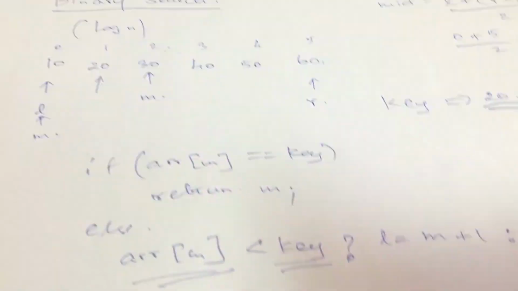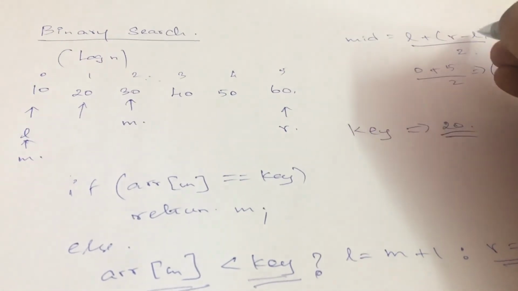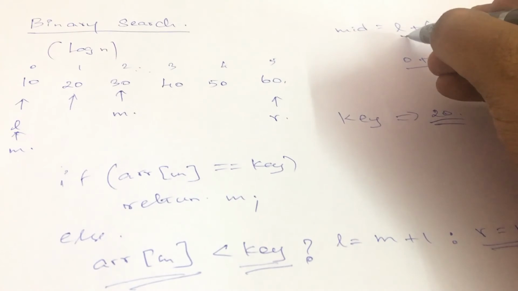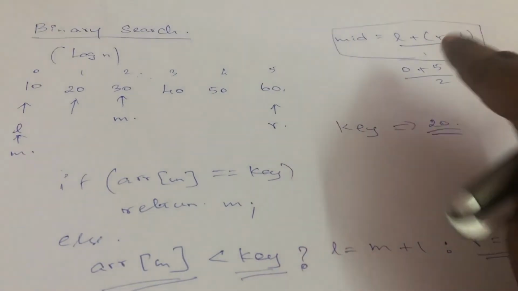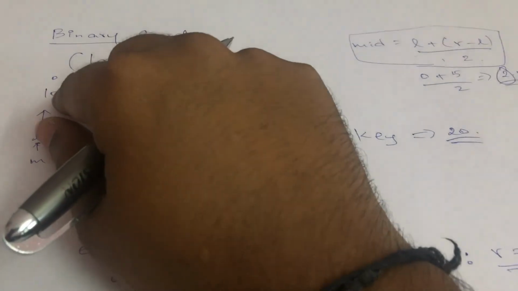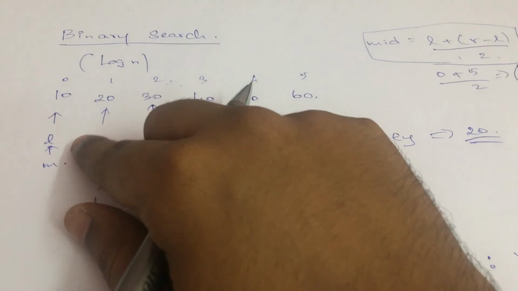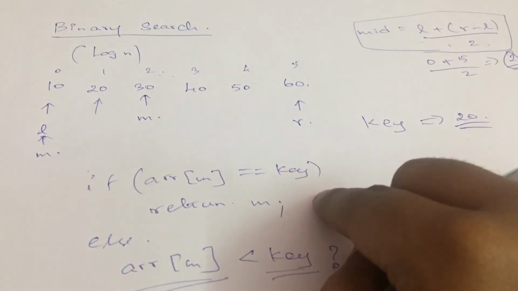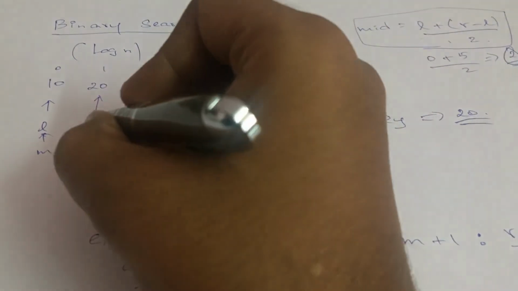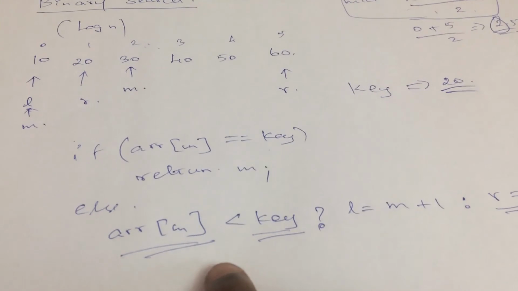So here L as well as middle will be the same now, because we know that for finding the middle value it should be L plus R minus L, right? So according to this formula, this middle value is now pointed to the same number, that is 10, right? So now the middle value as well as my left value is the same, and now I'll check with this condition. So if middle value is equal to key, it is not actually the same, so this is going to be my right value now. So it is not the same, right? So I'll go with the else part and check with this condition.